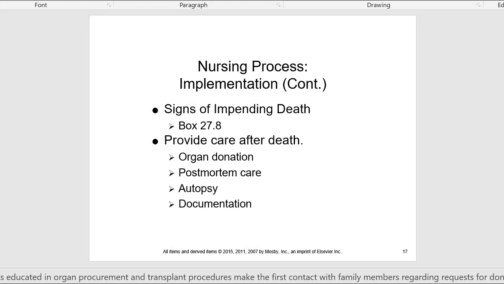If you're in an area where you should talk to family members about organ donation and procuring organs, the time to do it is fairly quickly. The best time to do it is before death, but if that's not possible, then very quickly after death. If the patient left no communication about wishes regarding organ donation, the family can make that decision.